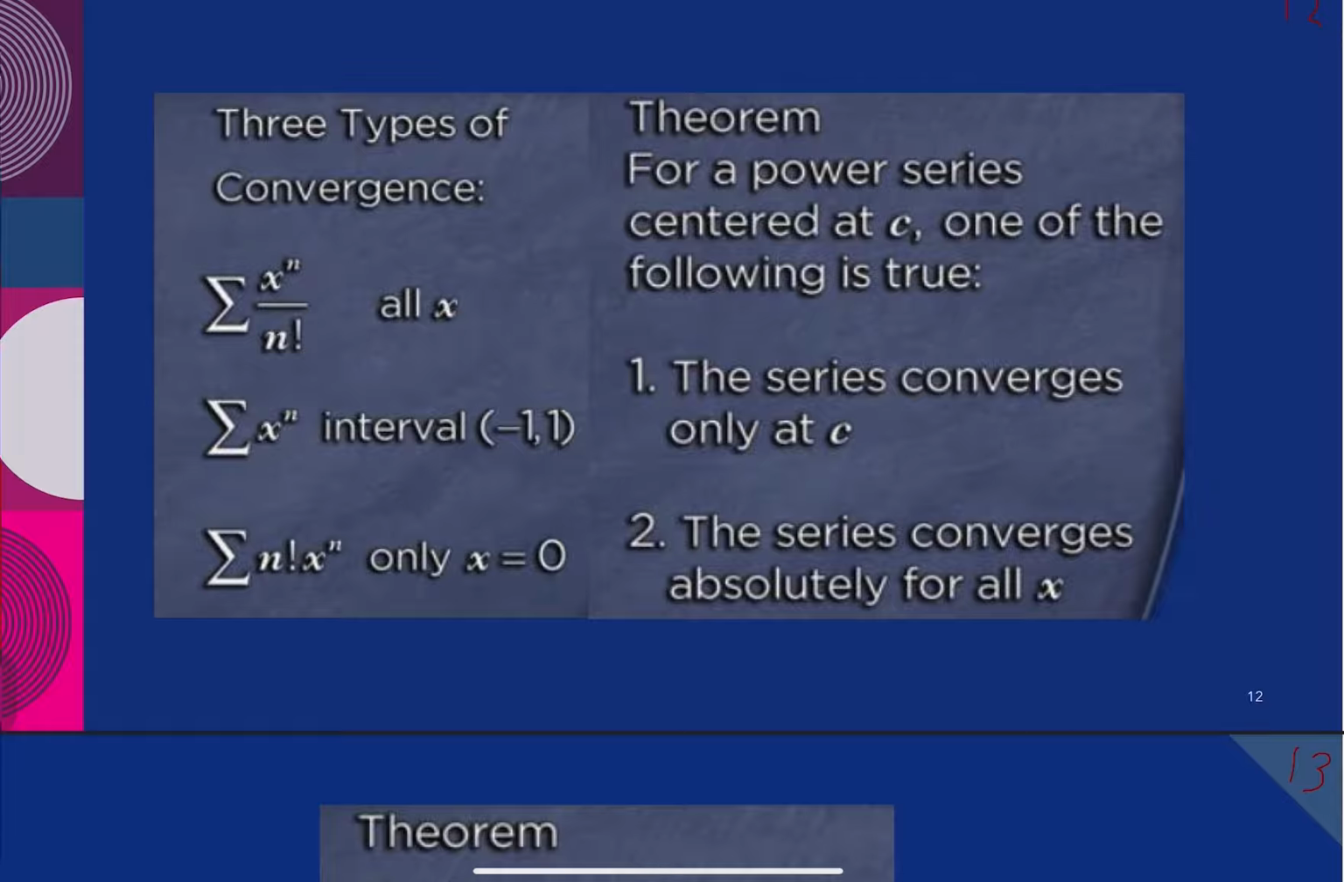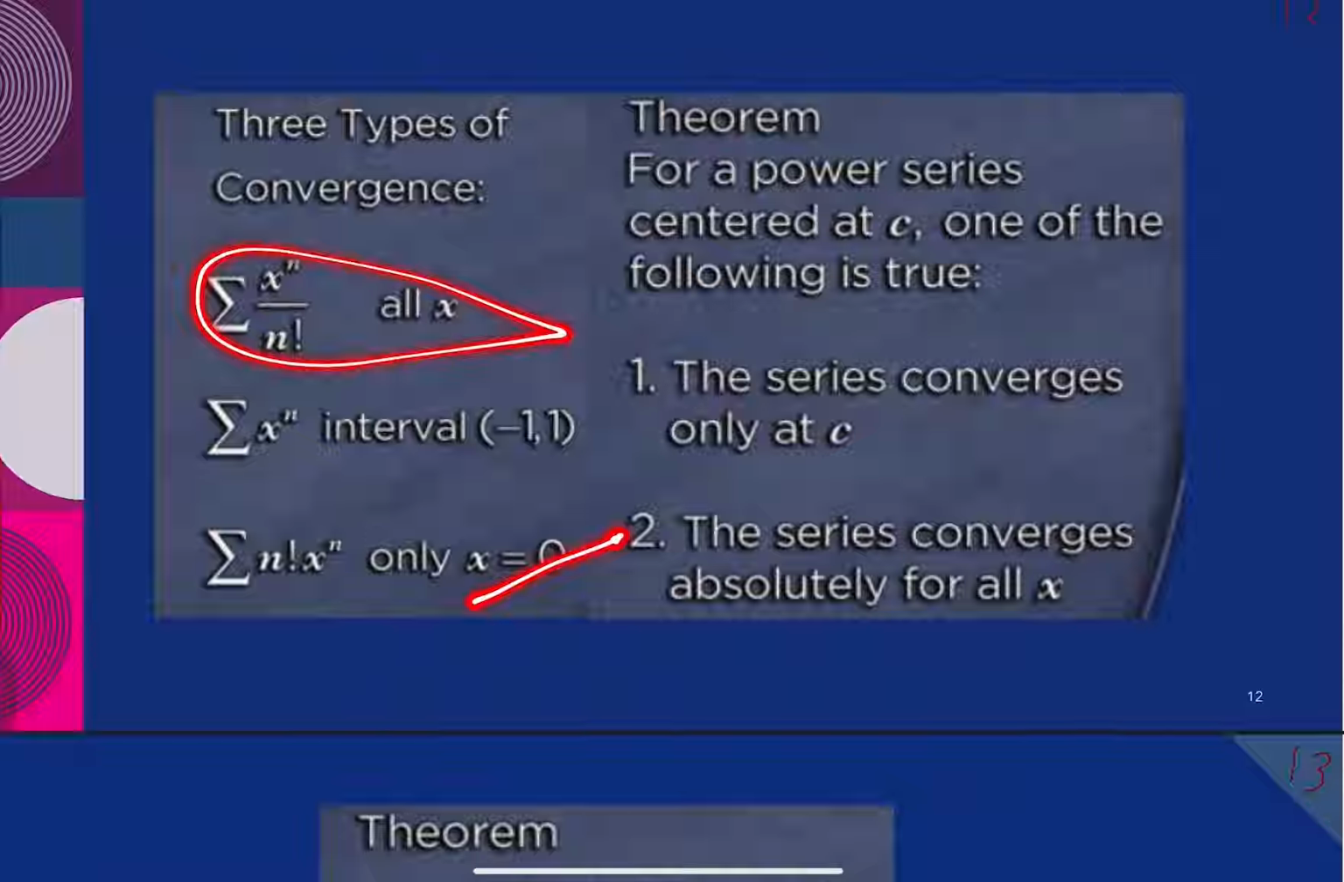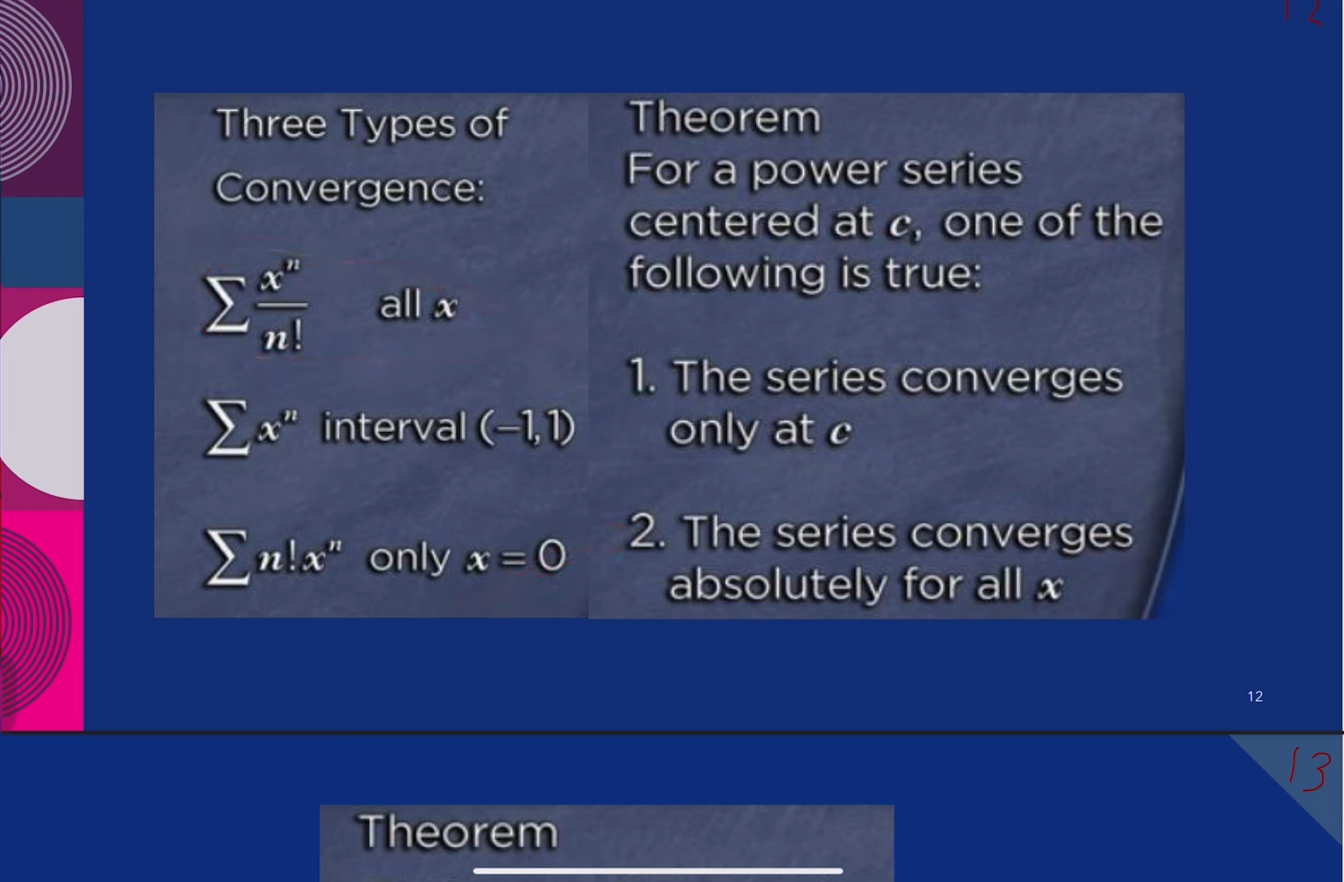So suppose you have a power series centered at c, then one of three things is true. It could be that it converges only at c, like in the third case, or, the best of all worlds, it converges absolutely everywhere, for every x. Or, in the most interesting case, there exists a real number r greater than 0,